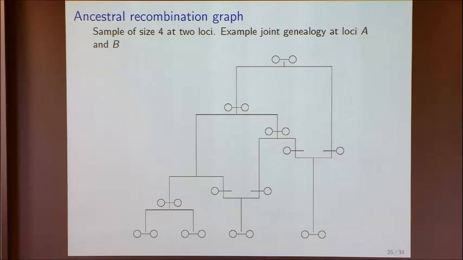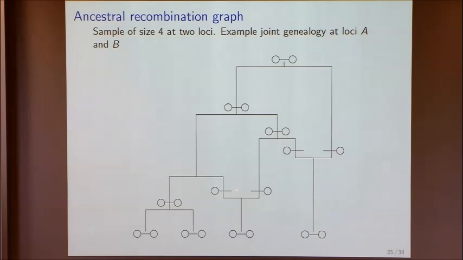So a coalescence event is where these two individuals, for example, find a common ancestor at both positions. But this individual, going back in time, experienced a recombination where this ancestor here contributed the left fragment, the left locus A, to this individual at the present in the sample. Whereas it didn't contribute the B locus to the individual in the sample, so we don't show